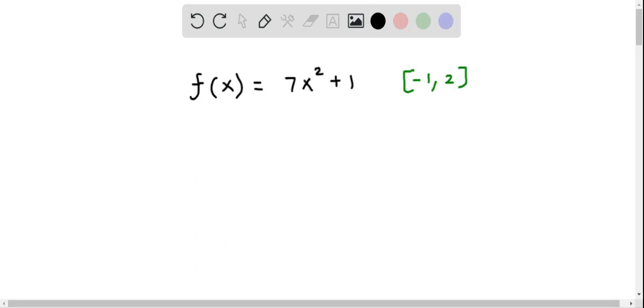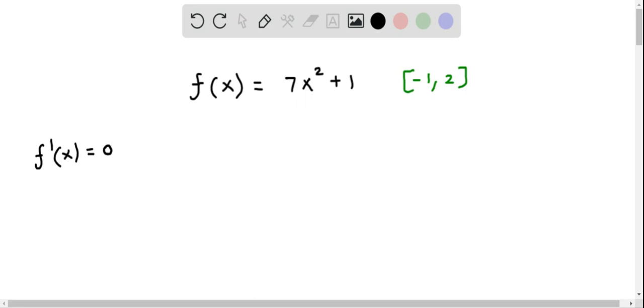In this question, we determine the absolute extrema of the function f of x equals 7x squared plus 1 in the closed interval -1, comma 2. So first, we have to determine the critical point of the function by setting up the first derivative equals 0